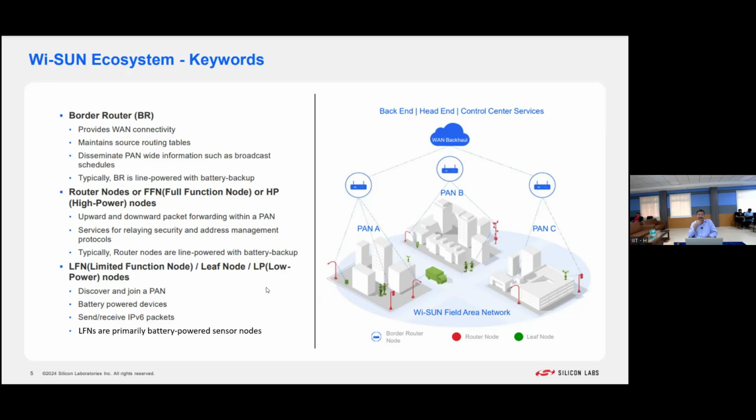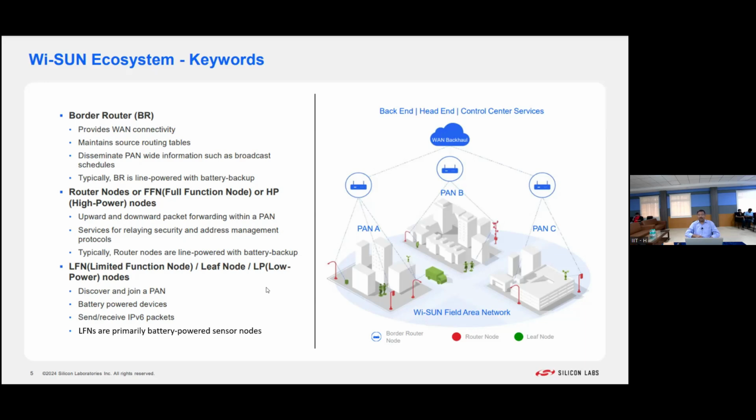So I'm spending a lot of time on these couple of slides, and the main reason is you should appreciate the Wi-SUN ecosystem, such a robust wireless network for wide area network or field area network PAN, with a lot of thought into different types of network assets sitting in the field, whether it's a FAN, LFN, or a router node,